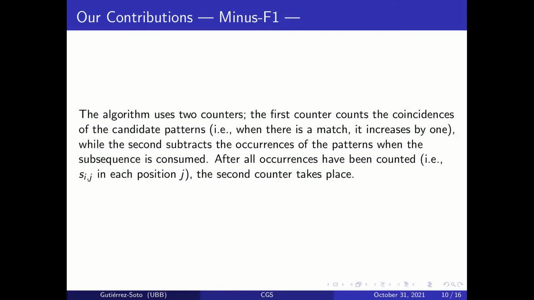At the beginning we use one counter to count the number of events, and then when running, for example, the sequence, it's possible to use another counter in order to discount the events that are not possible to happen in the future, if you are in the middle of the sequence. With that implication,